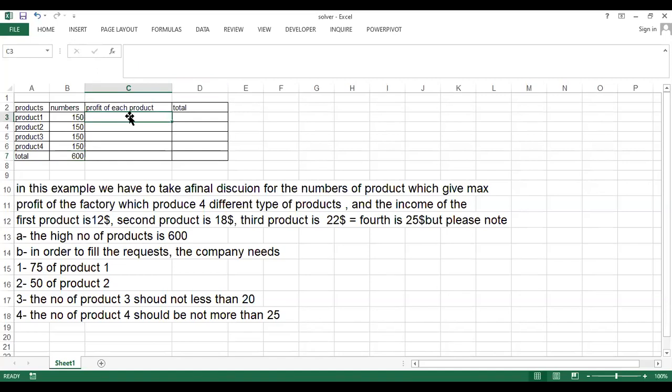The profit of each product: the first product is $12, the second is $18, the third is 22, and the fourth is 25. The total here will be these products multiplied by the profit. We will have the total here, and by using this,